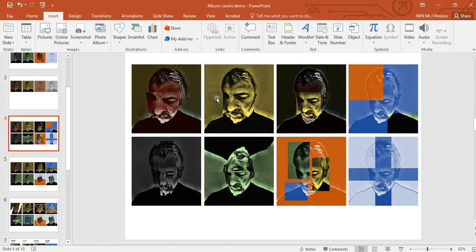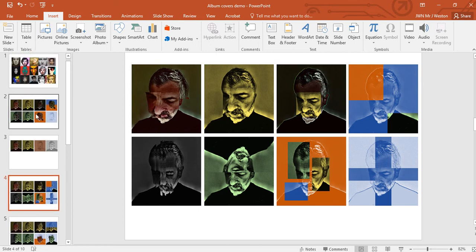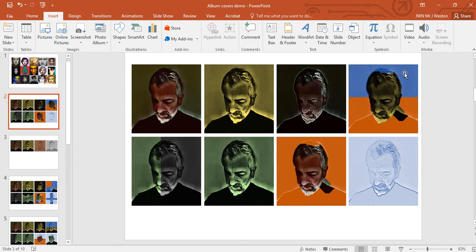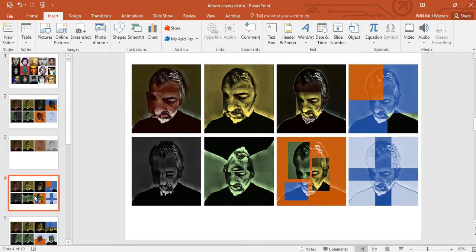So another way of manipulating your images is to use a crop tool. Now, we've used the crop tool a little bit so far in creating these half split images here and here, but we're going to go a little bit further with that now to create some really interesting designs. We've got one a bit like the photo montage where you've got enlarged